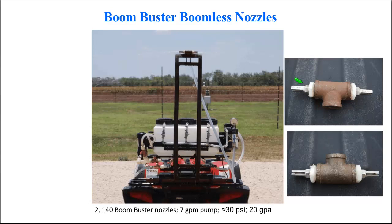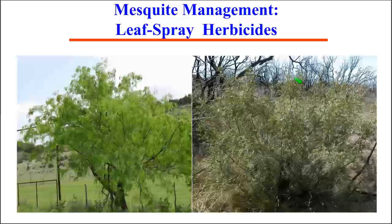But this is another option, like I said, the Boom Buster. These cost about $125 each. The Boom Jet nozzle that I showed in the previous slide is probably about $150 or so. Okay, so